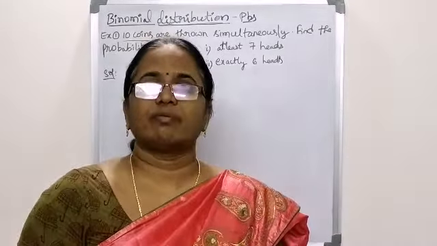So we have 10c7, which is also equal to 10c3, p to the power q to the power 3, p is 1 by 2 to the power 7, q is also 1 by 2 to the power 3. 10c8 can also be written 10c2, p is 1 by 2 to the power 8, q is also 1 by 2 to the power 2. 10c9 is 10c1, so it is equal to 10, p is 1 by 2 to the power 9, q is 1 by 2. Plus 10c0, which is 10c10, is 1, p is 1 by 2, so it is 1 by 2 to the power 10.